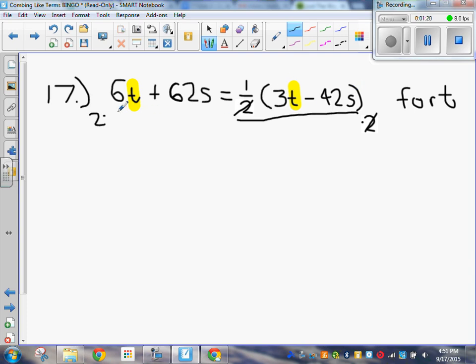Now on the other side, I actually have two terms. Both of these are going to be multiplied by my 2. I have to distribute the 2 to each one of these terms because I'm multiplying the entire side by 2. On this side, there was only one term, so I just multiplied once and it canceled out the 1/2. But here I have to do it twice. So I end up with 2 times 6t is 12t, and 2 times 62 is